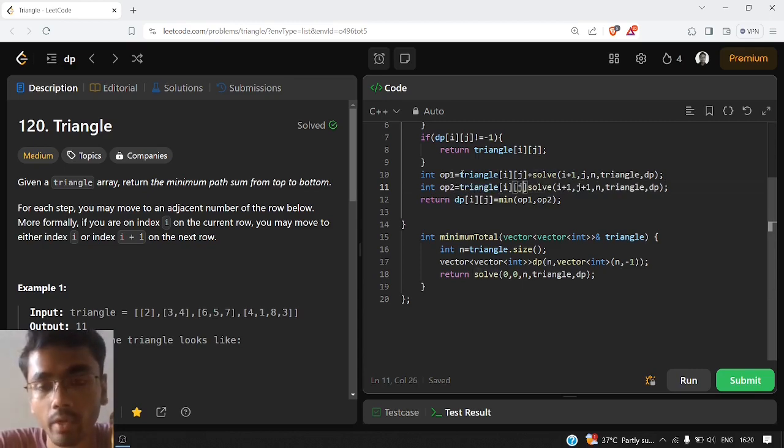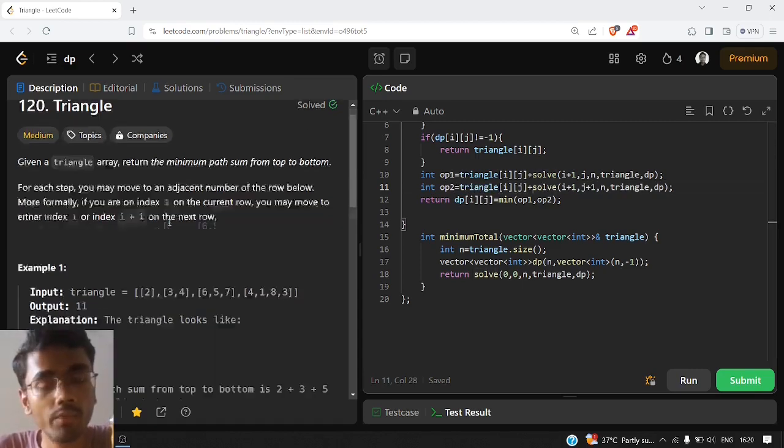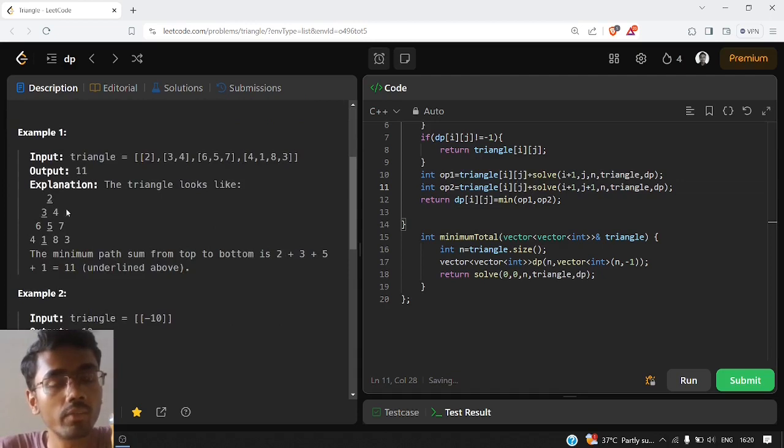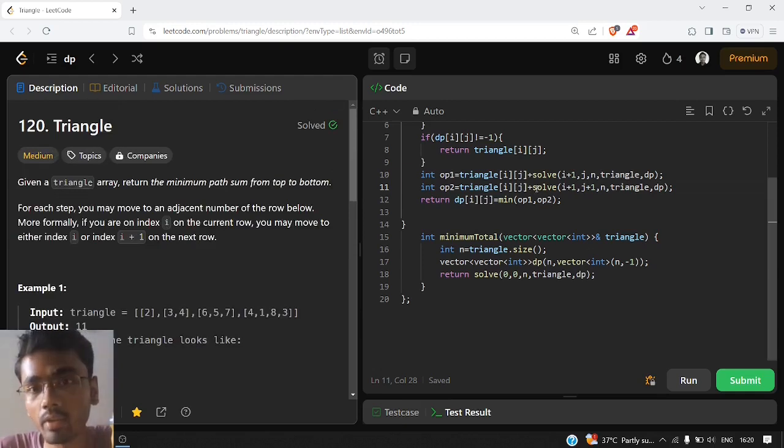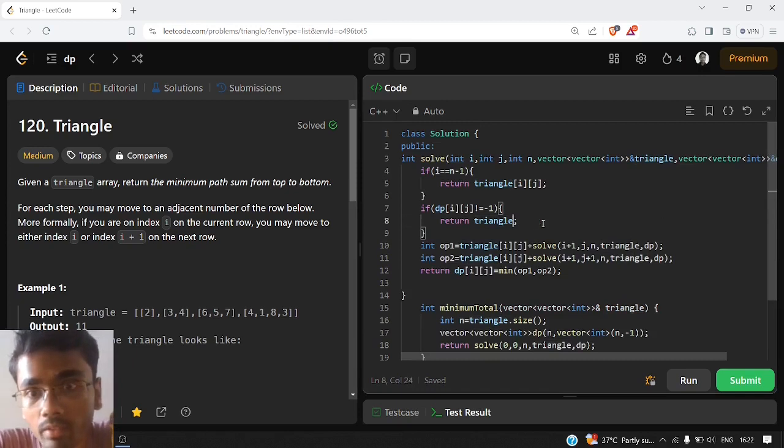So I forgot to write that. Obviously if we are standing on 2 and we are choosing to go to 3, we will also take this into our consideration. We will add this to our current answer also. So we have not done that, so that's why we are writing this part. Also we have written this thing wrong here. We need to write dp of i comma j. So sorry for that.